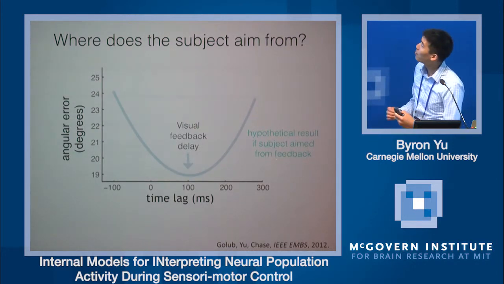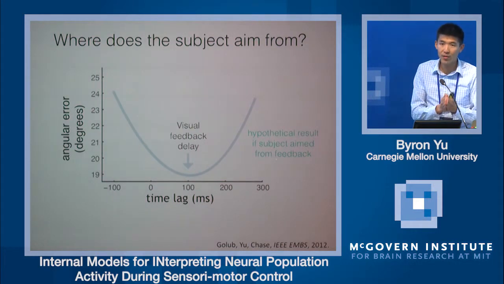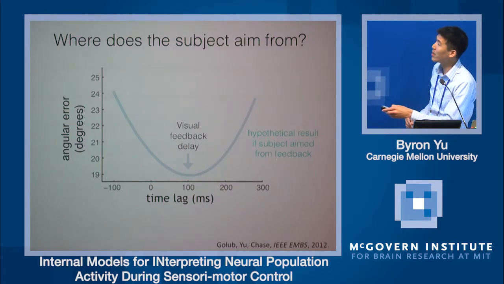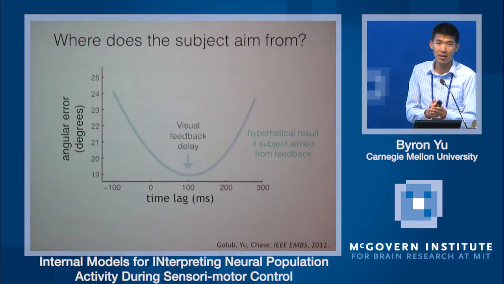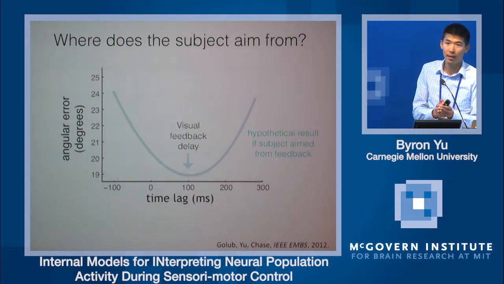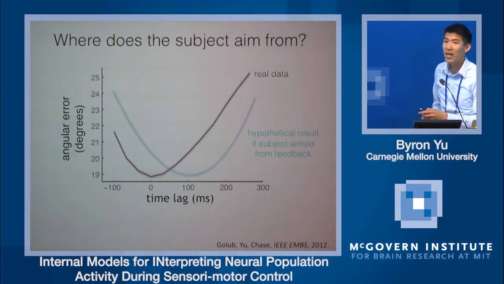So hypothetically, if the subject aimed from its most current visual feedback, which is old and stale, then what we would see is that the angular error would look something like this: the angular error would be smallest at the visual feedback delay, whatever it is, which people estimate to be around 100 milliseconds for motor cortex. What we saw in our analyses with real data was that this minimum was actually at 0 milliseconds,